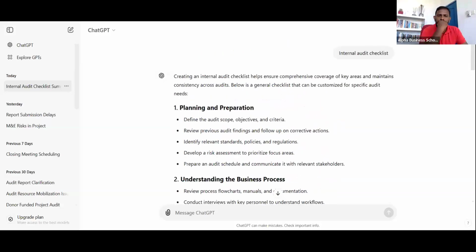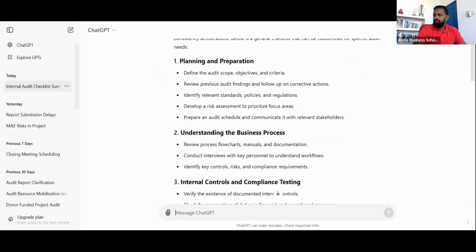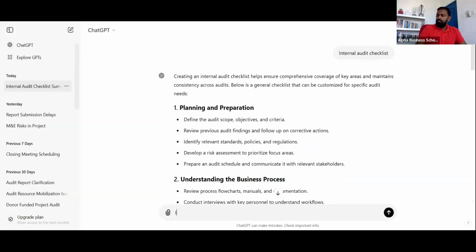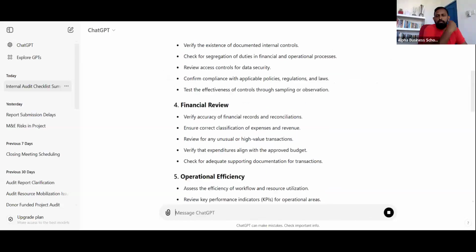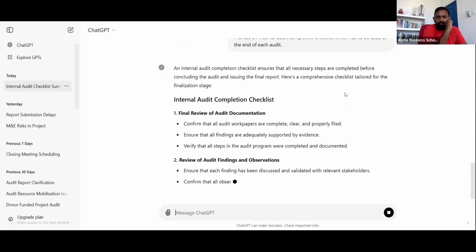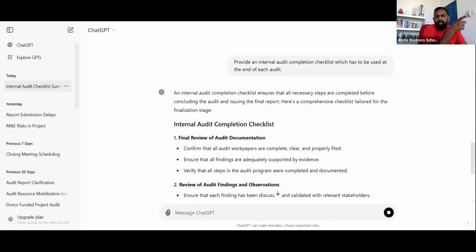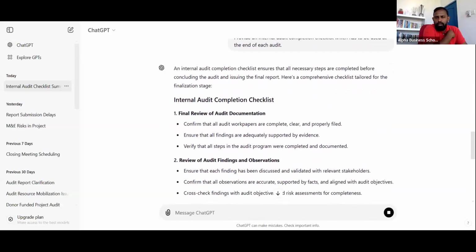Show me your prompt. Where's your prompt? What's the prompt you gave? Just "internal audit checklist." Completion checklist, which has to be used at the end of the audit. See, when you're giving a prompt, you have to be more descriptive. Okay, improve that. Then provide an internal audit completion checklist, which has to be used at the end of each audit to ensure